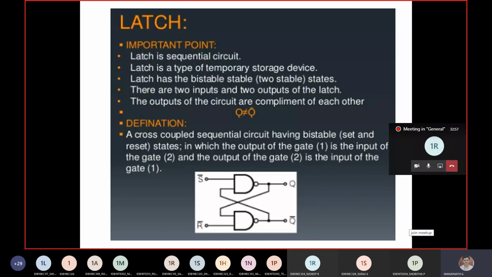So that's why you should have an awareness whenever they ask for NAND gate. Just try to write the NAND gate like this. And I showed you it is bistable, so there will be a cross coupling. Output is connected to input, input is connected to output. That is what sequential means, right? The output depends upon present as well as previous inputs. So the present inputs are S bar and R bar, and the previous outputs are your Q and Q bar. That is why that cross connection comes.